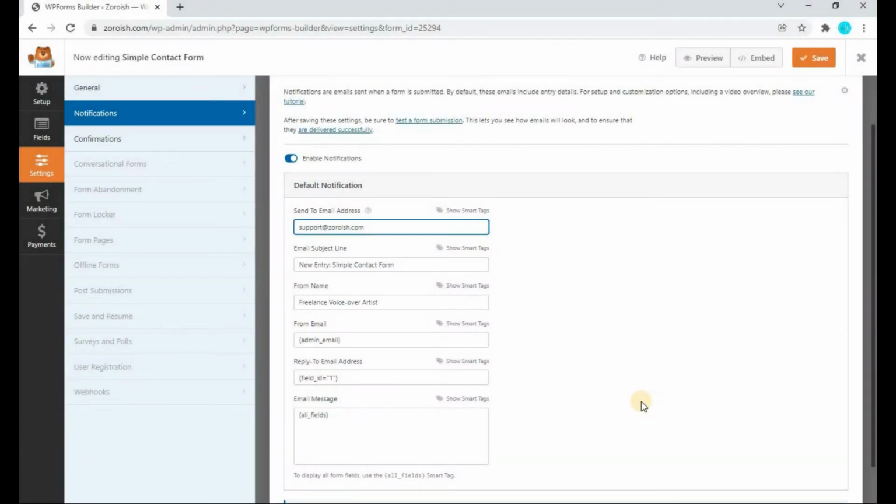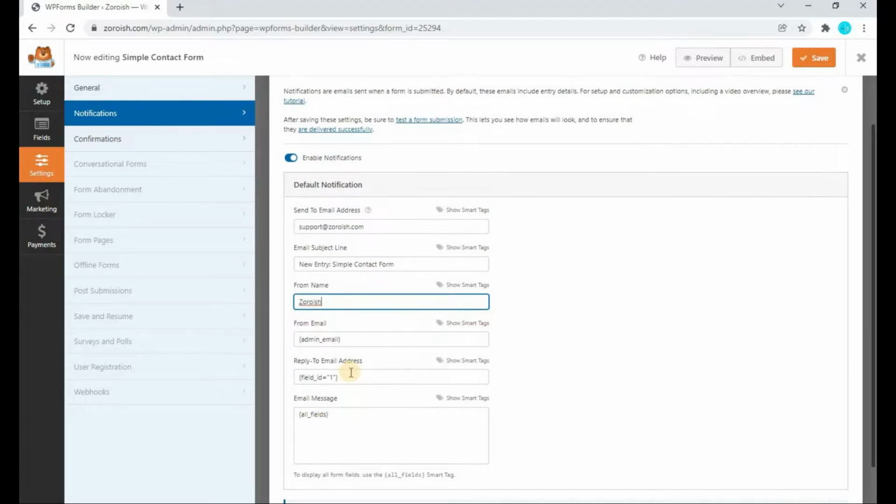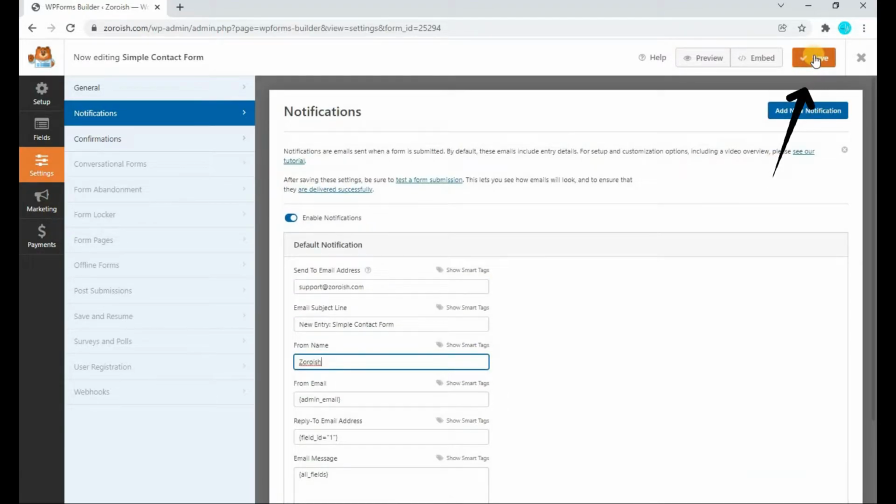So once you have written your email, as you can see in the next field, you can leave it as it is, and from name. If you want, you can just write your website name over here or you can write anything else, it's up to you. So let me write my website name, and in the rest of the fields you don't have to do anything. All you have to do is simply come below and click on the save button. And one more thing, if you want to add a Google reCAPTCHA, you can even add it. First of all, you have to set up your reCAPTCHA account and then you have to paste those codes in the WP Forms settings section. Now this is done. Now all you have to do is simply come back.